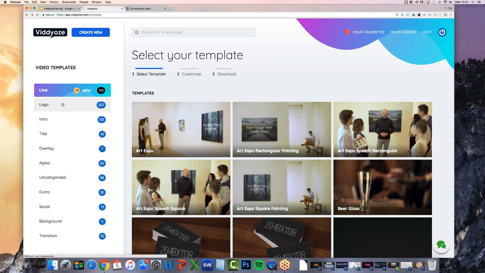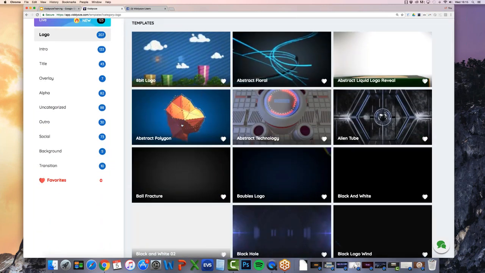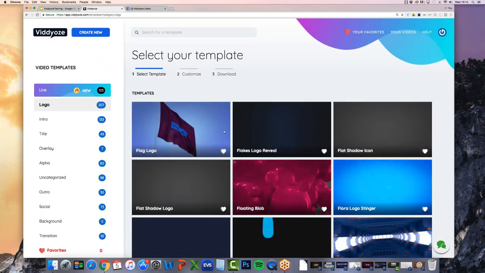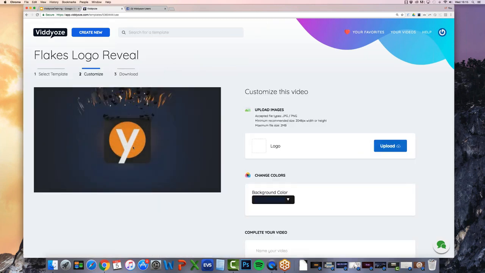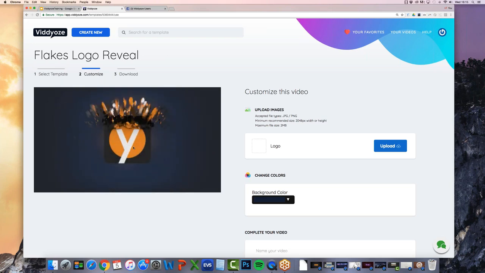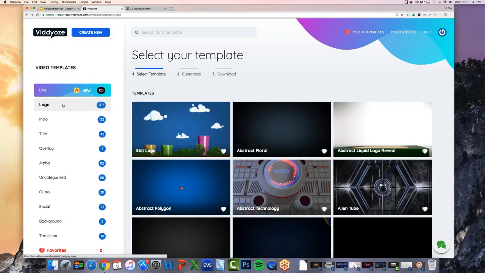The next category we have is our logo animation templates. Now, these were actually some of the first animations we created with Viddyoze way back in 2015. And these are generally 3D animation that basically is focused on what are called logo stingers. So these are all logo reveal style animations. You've probably seen these on corporate company websites like this one here. And these are all 3D logo animations. These are extremely popular with local businesses right now because they just make the beginning of your video look a lot better. Logo animations are perfect for the start of your video.